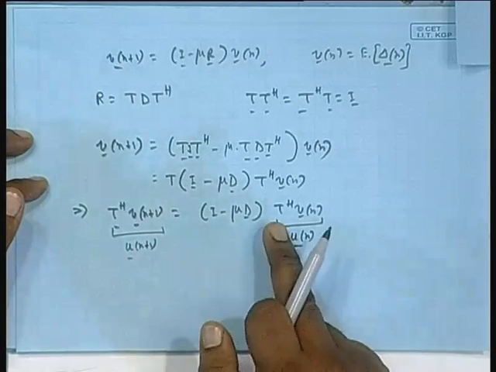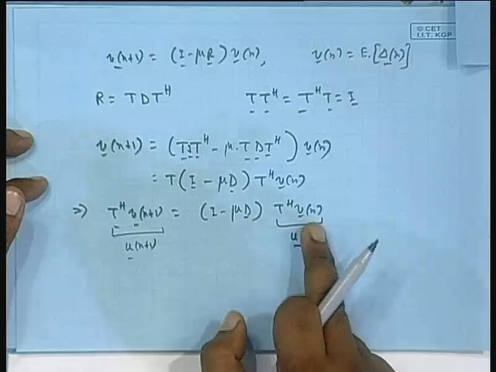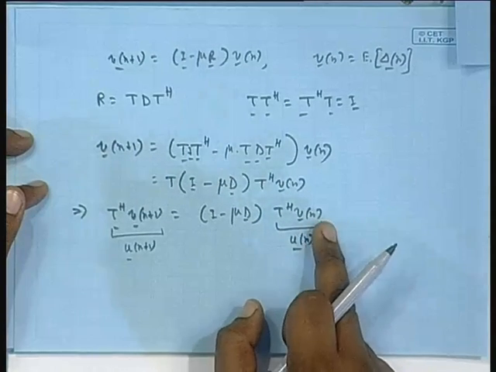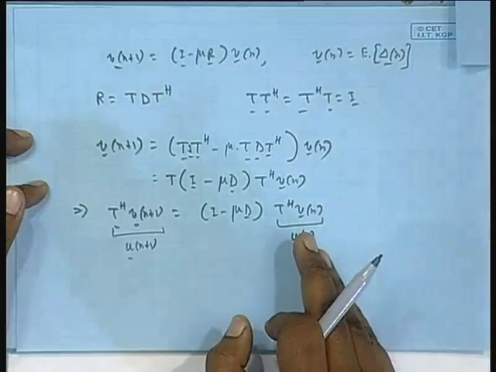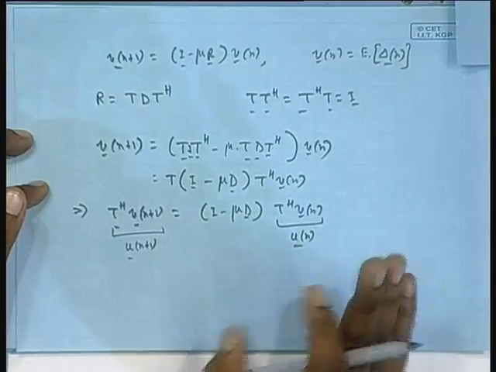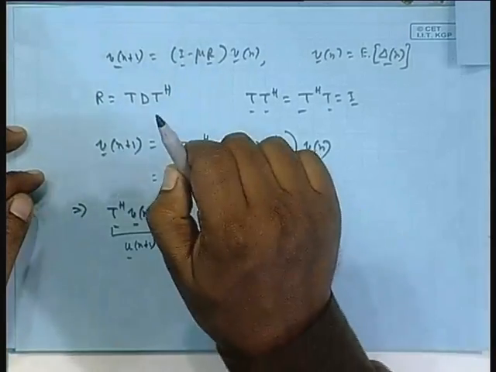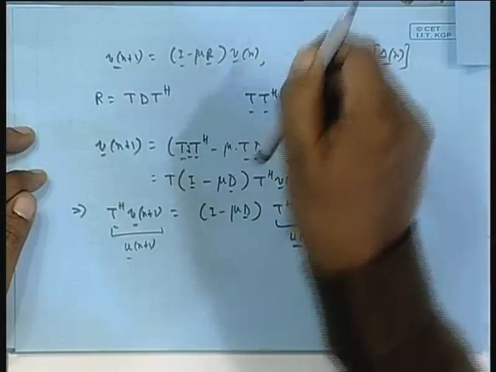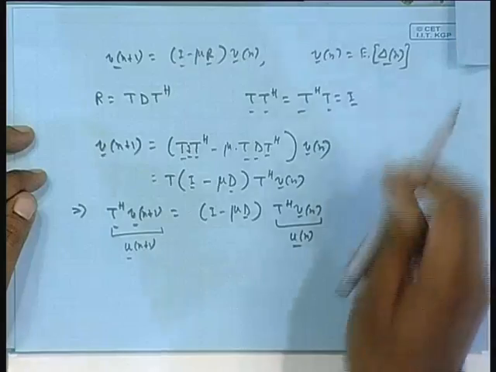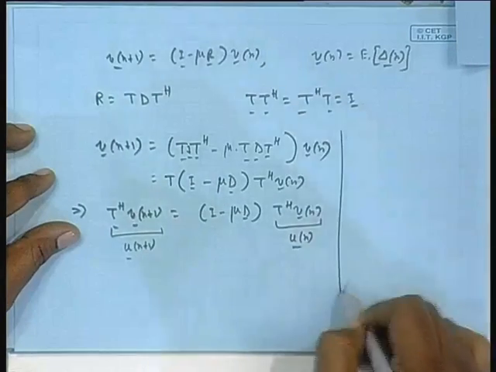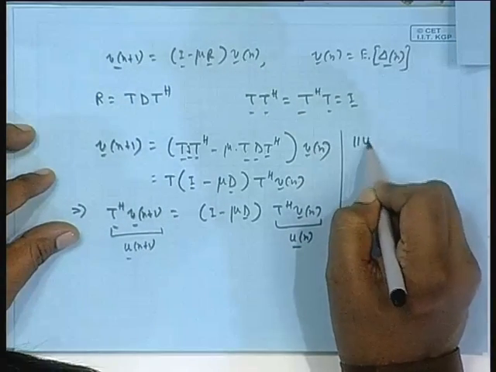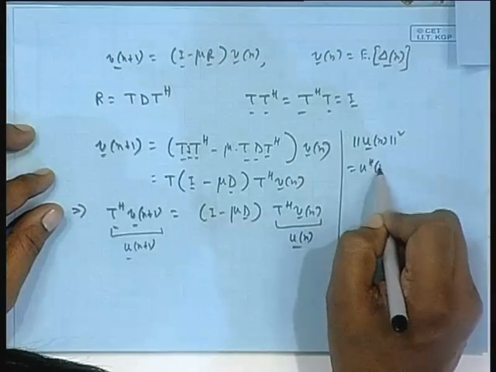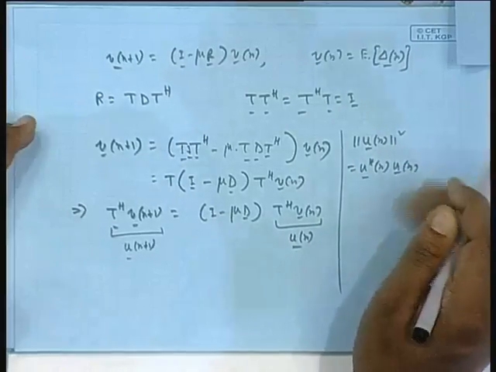The essential thing is, whenever you multiply a vector by a unitary matrix, the resulting vector has the same norm square as the original one. I will prove it, it is very simple. Unitary matrices reflect operations like rotation. After rotation, length does not change. Translation, they are all unitary operations in real life, in the 3D world. Now, norm square does not change, because after all what is the norm square of this vector? That is U Hermitian U, isn't it?